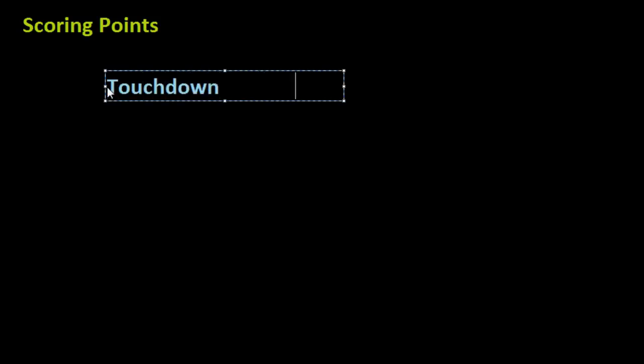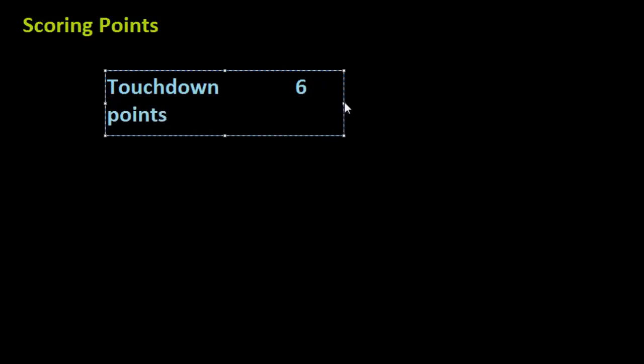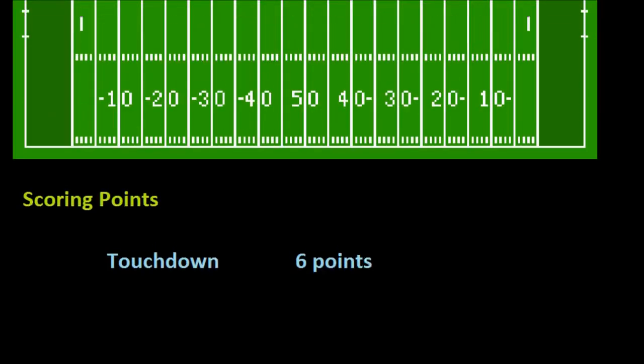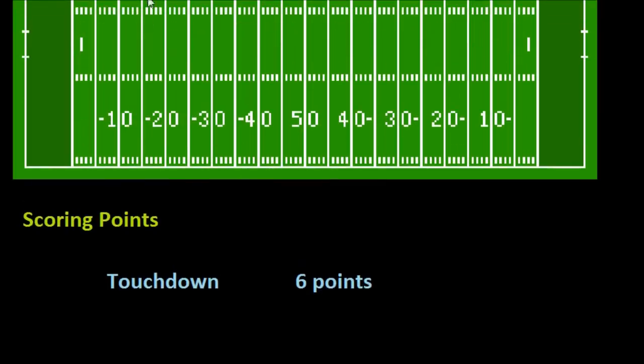So the first way, probably the most common way to score, is what is called a touchdown. And a touchdown is worth 6 points, and that is the most points that you can receive at any one time for any one score. So if you remember that from the field from the first video,